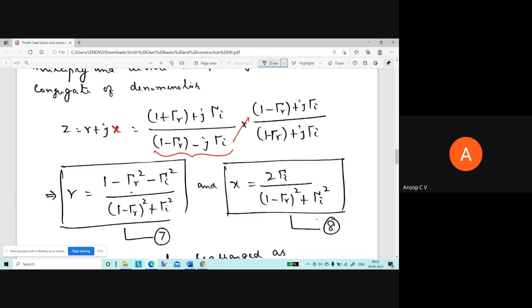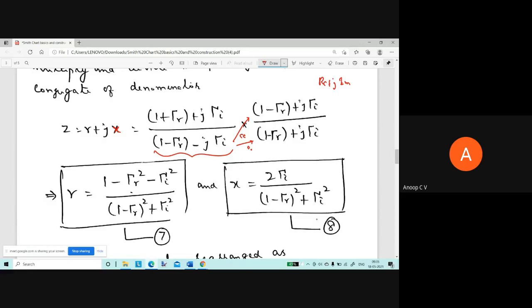Complex conjugate of this, right? Complex conjugate of the denominator. You are multiplying and dividing, right? So once you do that, you will get it as actually what? A real part plus j times imaginary part. So that real part, you will get it like this. I'm not doing it. I'm just asking you to try it out. Even if you are not able to, try it out, that won't be a problem. So we'll get actually what?